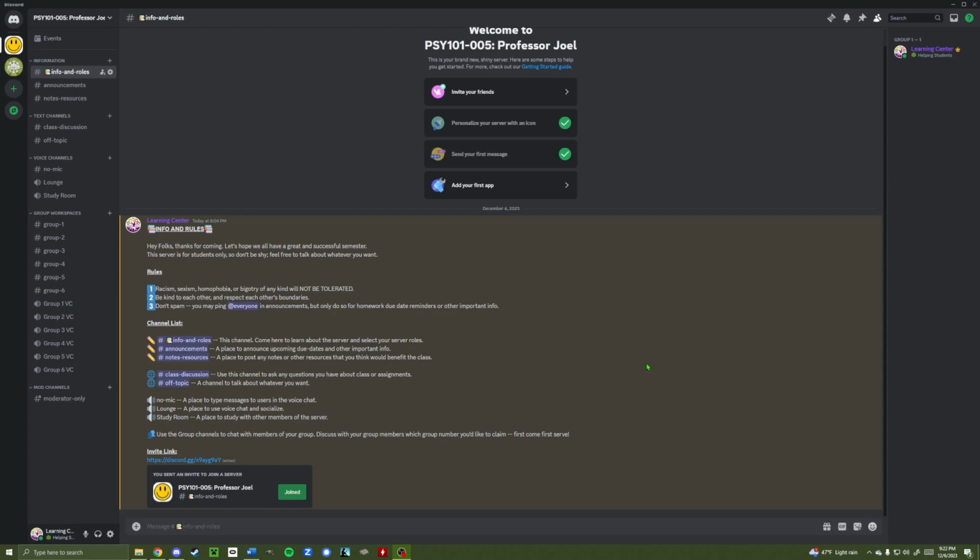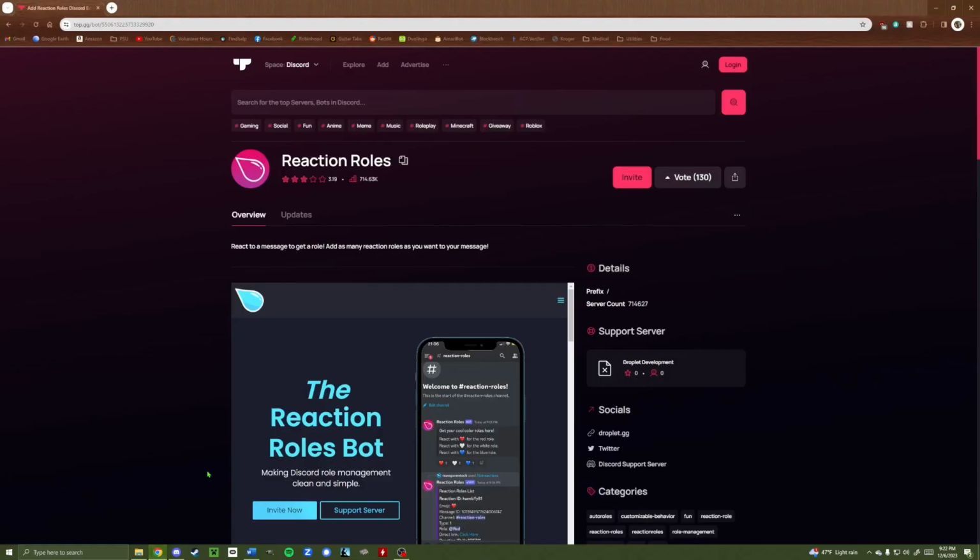So earlier I showed you how to manually assign roles to users in your server, but you can actually make a bot do that for you so that they don't even have to ask you to assign them those roles. So let's go over how to do that. The bot we're going to be using is called Reaction Roles, and you can find it just by looking it up. It should be the first result on Google, but I am also going to provide you with a link. So if you open your web browser and look up Reaction Roles, you should be able to navigate to this website. It is the top option